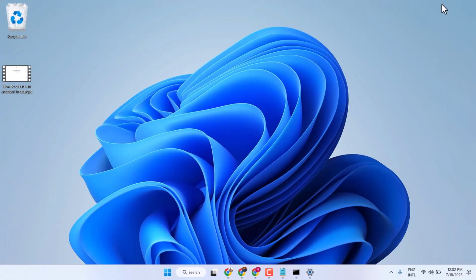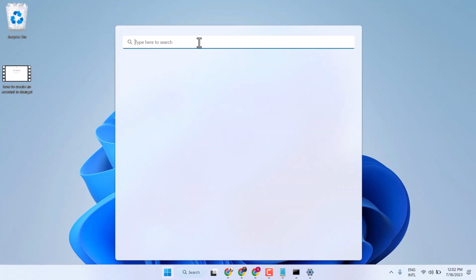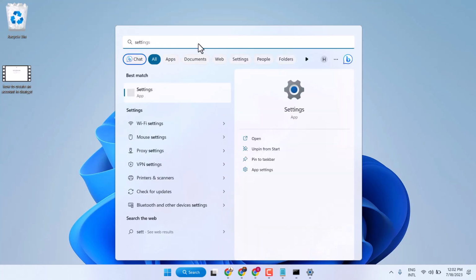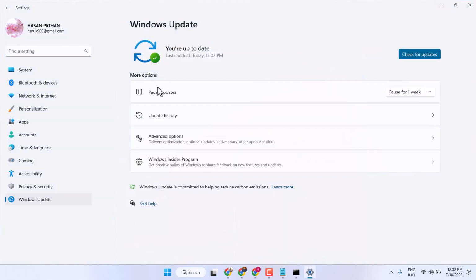Hello guys, in this video I will show you how to download and install optional update in Windows 11. So click on start, then settings, open settings, and here in this left side panel click on Windows update. Now click on advanced options